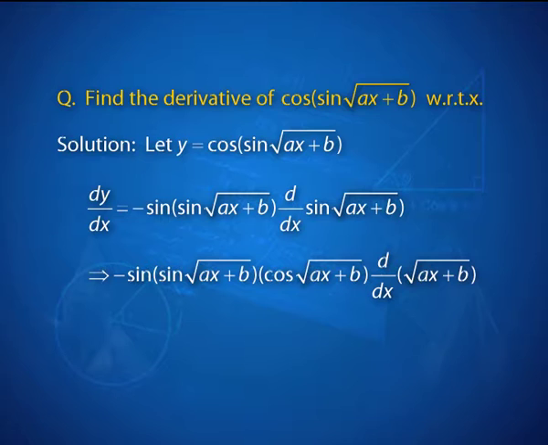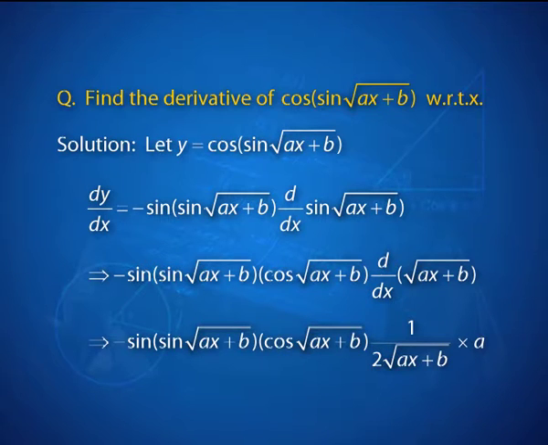cos of root of ax plus b multiplied with the previous minus sine of sine root ax plus b into the derivative of the next function, that is root of ax plus b, which leads us to the next layer, which is square root. So, the square root derivative would give us 1 by 2 root ax plus b. The inner function is a simpler one, ax plus b, but not insignificant. If you miss multiplying by a, the derivative is incorrect. And therefore, we have differentiated a function which was a composition of 4 functions without bringing in this u, v assumption.